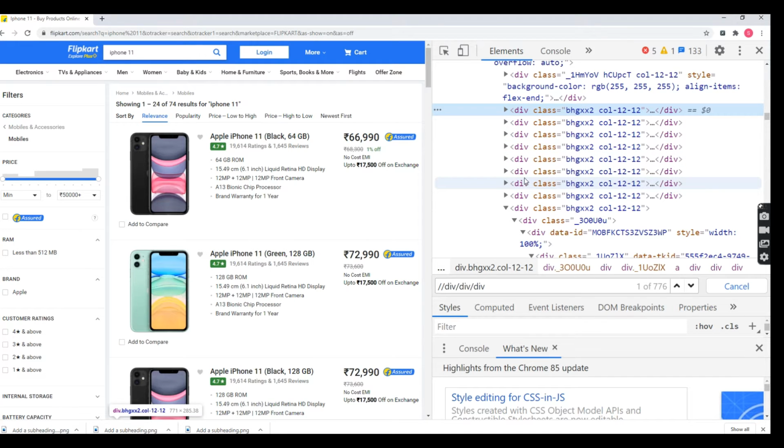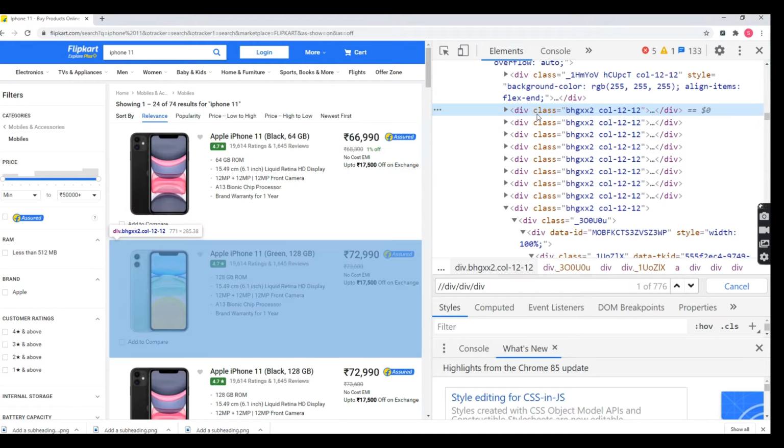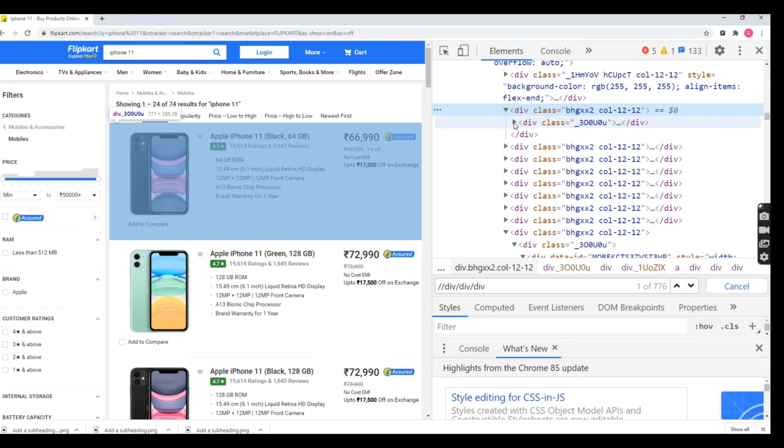Here I can see the attribute values do not contain any unique value. Please notice: the class attribute value is PHGHH2. If any attribute contains a random value or random number, please avoid that attribute value.